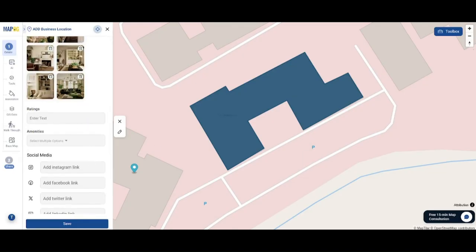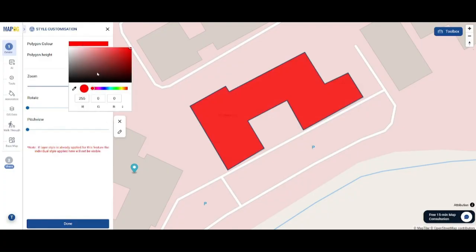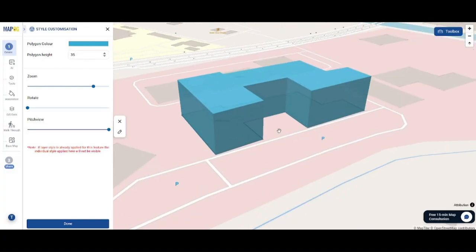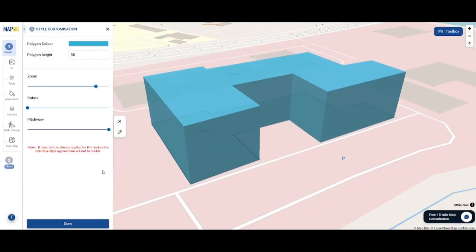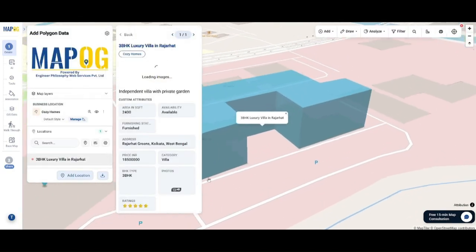To style your polygon, click the pencil or edit icon. Here, you can adjust the height and color of the polygon. Increasing the height will convert your polygon into a 3D polygon. You can also modify the bounding box settings, such as zoom level, pitch, and rotation, to change how the polygon appears on the map. Once everything is set, click Save, and your polygon will be added as a custom location